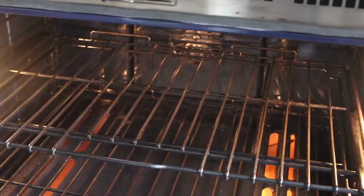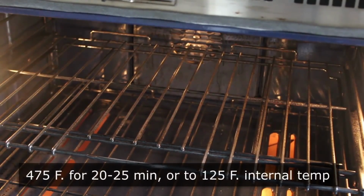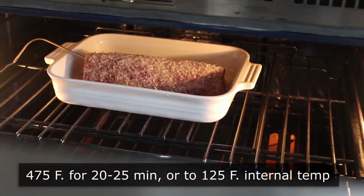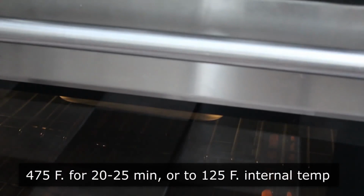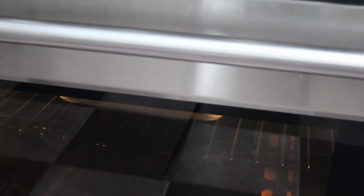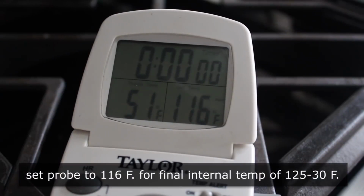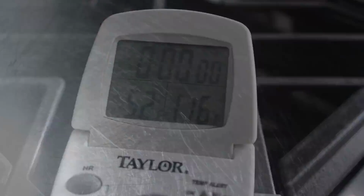But anyway, once that's set, we can go ahead and transfer that into the center of a very hot 475-degree oven for about 20 to 25 minutes, or until we have a finished internal temp of about 125, which means we have to set our probe lower than that. Because this is going to keep cooking even after we take it out, I like to set my probe for 116, because that internal temp can climb as much as 10 degrees. So we will set our alarm for 116, at which point we'll pull that out,